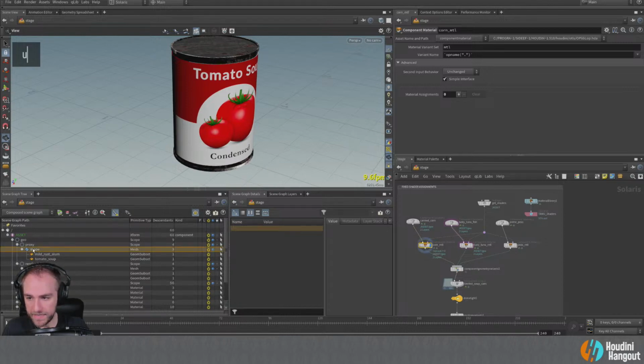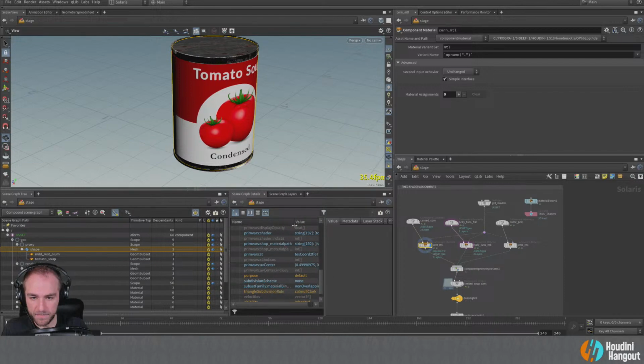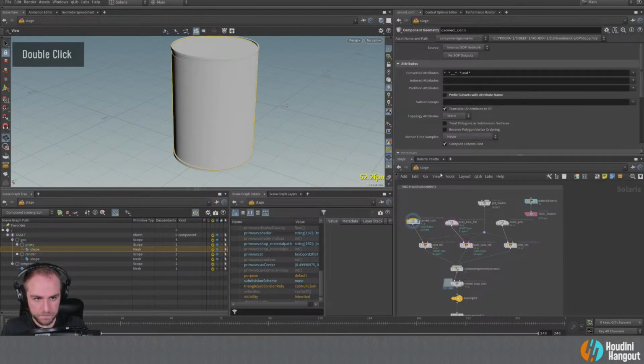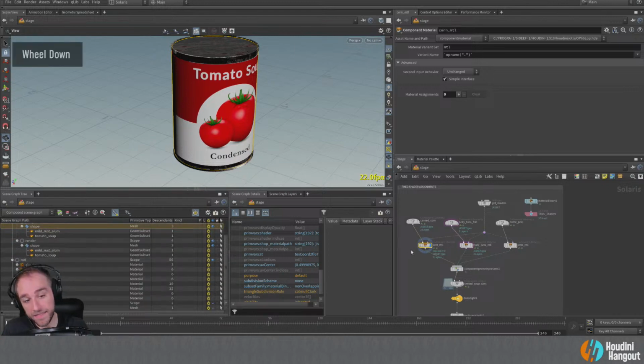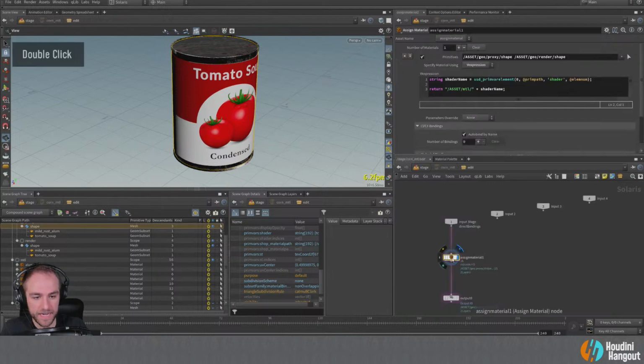So if we look at our shape and we can look at these different primvars that are in here, like our material path and shader and things like that. And so what it's doing is basically just looking up these two, the tomato soup and the rust aluminum, and assigning them based on that.